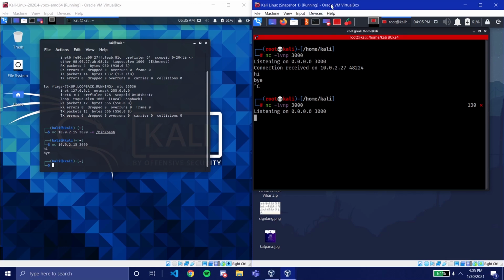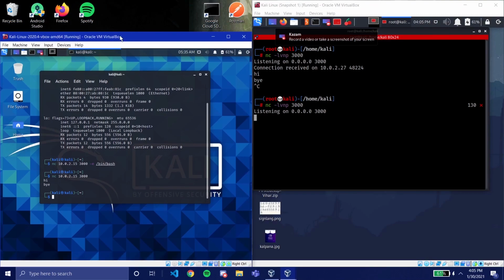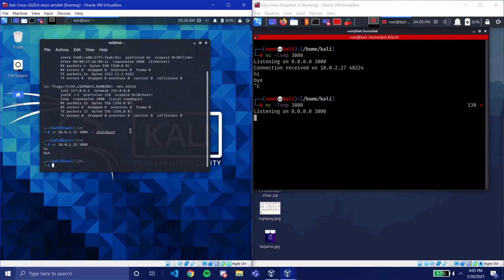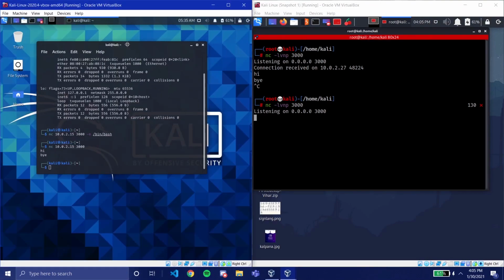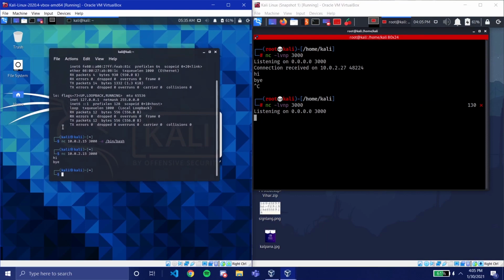In this case, let's assume this is my personal machine and this is our victim machine. I already have access to the victim machine, so I'm able to run the nc command. But imagine using some vulnerability or weakness in a program, I'm able to execute system commands from here. Maybe a website has some wrong configuration, and because of that I have access over the terminal. To get that access on my own machine, netcat is useful.